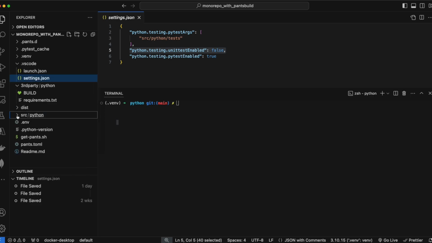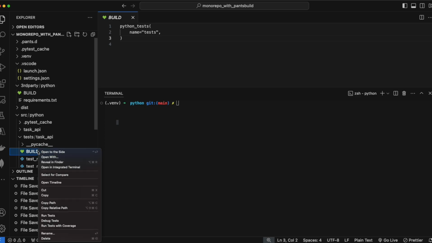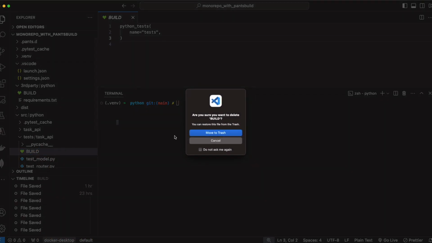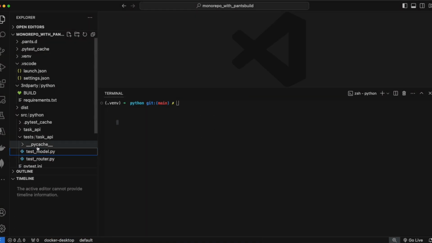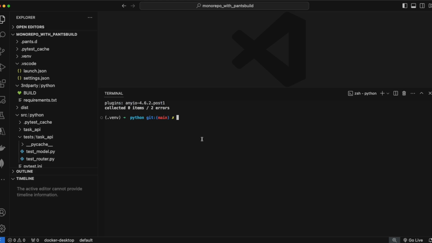So let's set up Pants for our tests. The first thing we need, and we already have our tests written out, is to create a BUILD file, right? I already created this file, but I'll just delete it for ease. So let's assume we just have our tests. Now let's go one level up. You literally can run this from anywhere, but just for simplicity, let's go one level up,